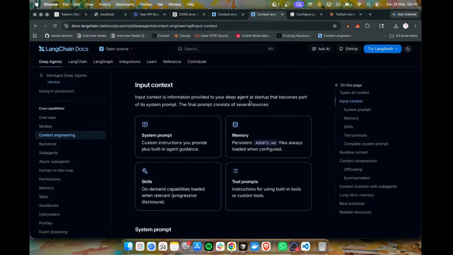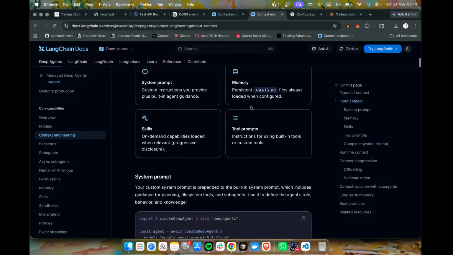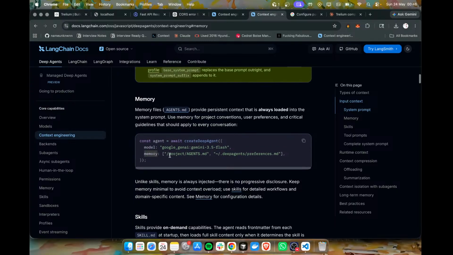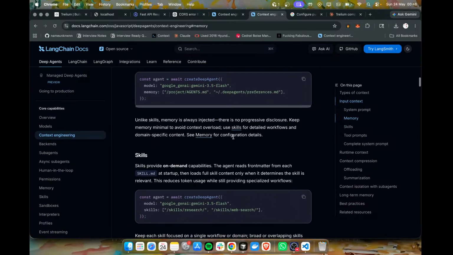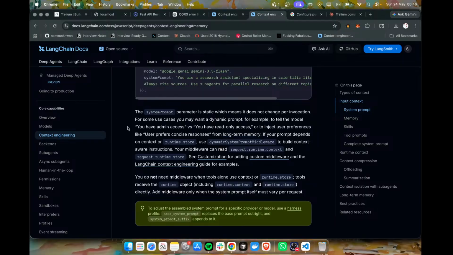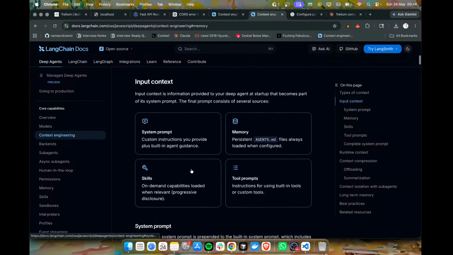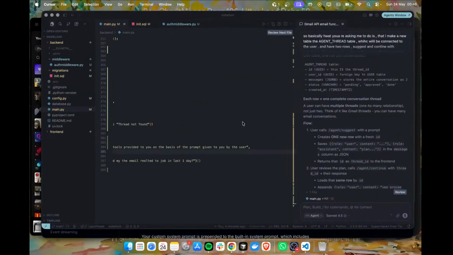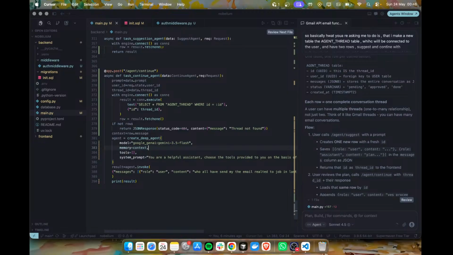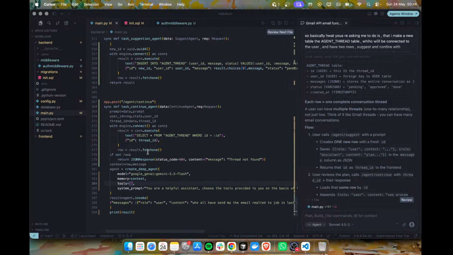Input context information provided to the startup system from customers will provide a persistent memory, which is something I'm looking for now. Alright, so and the tools will be